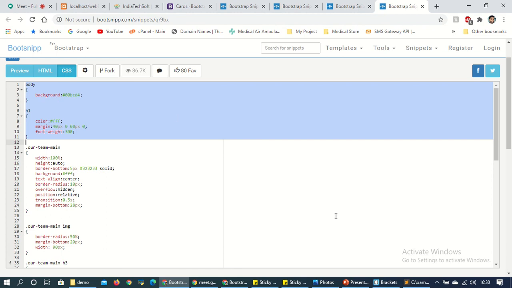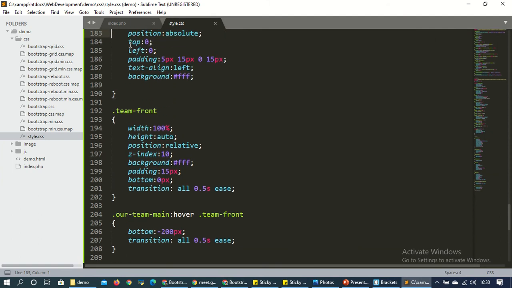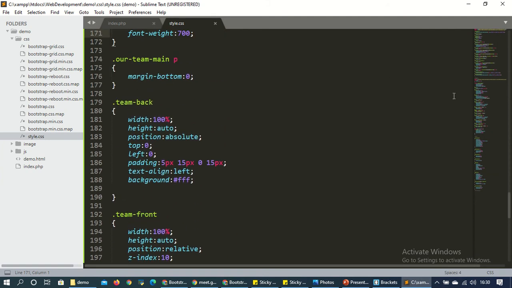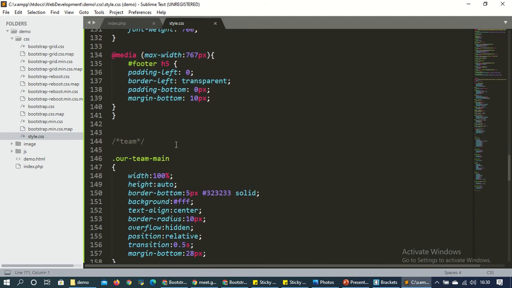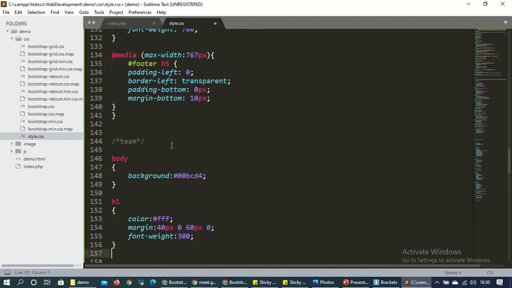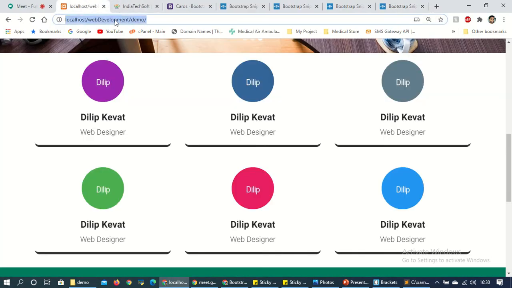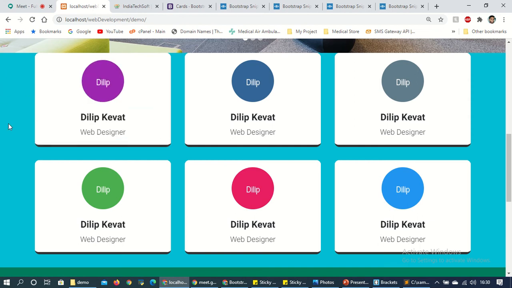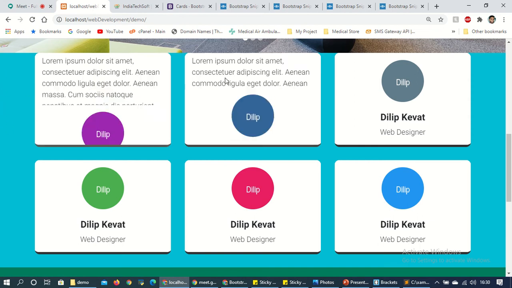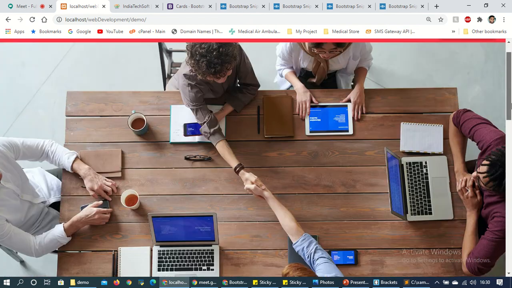Copy this one, and I'm just going to paste it before this team, before the footer. Just saved. Okay, and now see the background and the font also. So like this you can create.